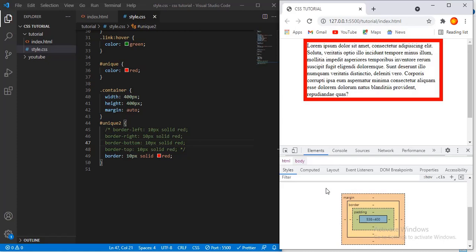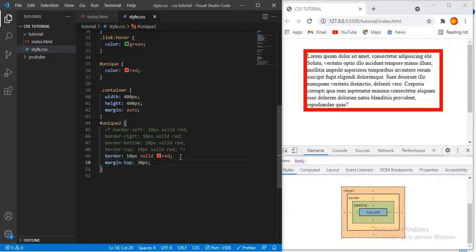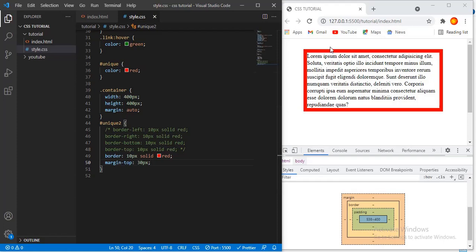So in this case, in our box, let's add some margin and see what's going to happen. We are going to add some margin, which is out of the box. Let's add margin top, 13 pixels. Let's see what's going to happen. Now you can see that the box moves. Then you can even use